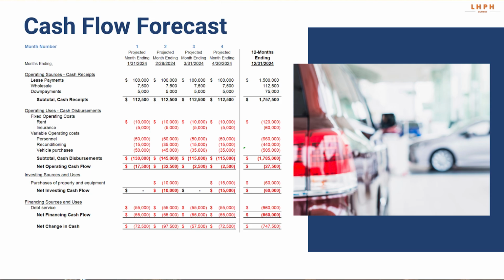This helps you model that and how that impacts your overall end-of-year cash number. Last piece here is just on your financing sources. If you do have fixed debt, making sure that you are plotting your monthly principal and interest payments on your debt service there. So you get to this column where you have your sources on top, your fixed and variable operating costs, and then this marries up to what Will showed you earlier. You've got a net operating cash flow or use presented there. Same thing with investing and financing, and you get down to this change in cash.